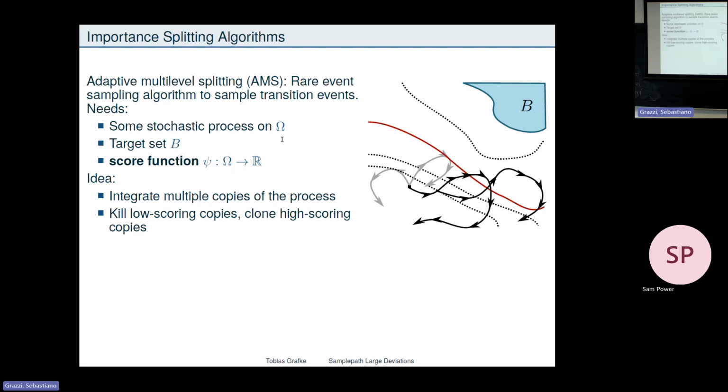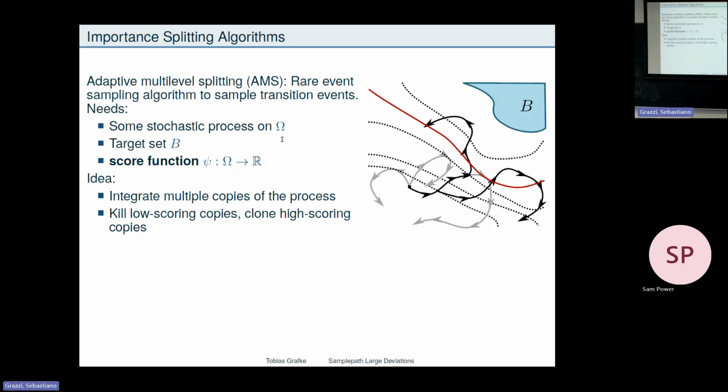And now I say this is the worst performer, so I kill this one off as well, and I clone one of the other ones, either this one or that one, at the highest level that I have, and so on. If I do this consecutively, every cloning of course reduces the weight by a factor 2, or more precisely, saying how many times I need to resample, gives me a transition probability from this level to that level, and then I just multiply up all of the transition probabilities.